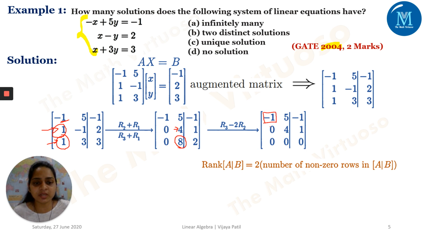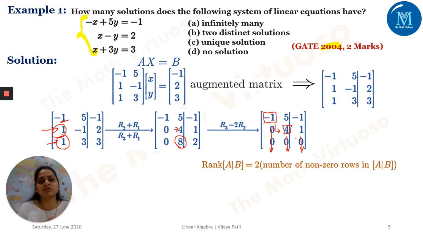So this is minus 1. Below this minus 1, I should have all zeros. So I have zeros here. Then go to the next row, the second row. My first non-zero element is this 4. Below this 4 should be equal to 0. Then moving to the next row, the third row, we don't have any non-zero number, but yes, we are very sure this is a 0 row. That means, no problem, this is an echelon form.